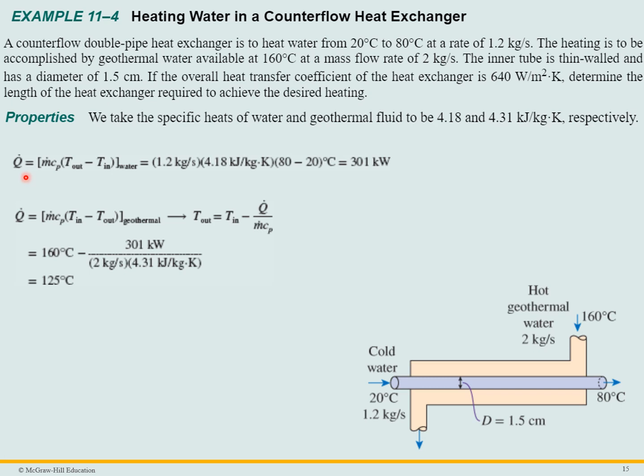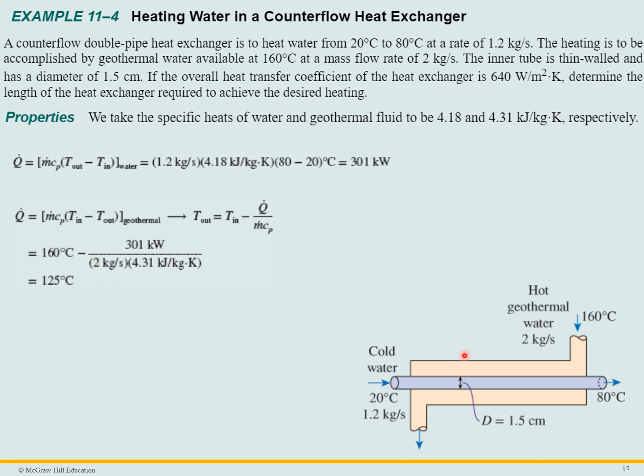We can calculate Q dot. We know what m dot is, we know what Cp is, we know what the temperature difference is in the water. 301 kilowatts. We can also plug that in, and apply that for the geothermal water. We can solve this for T out, basically is what we've done. So T out is T in minus Q dot over m dot Cp. We can plug those values in. So the temperature coming out is 125